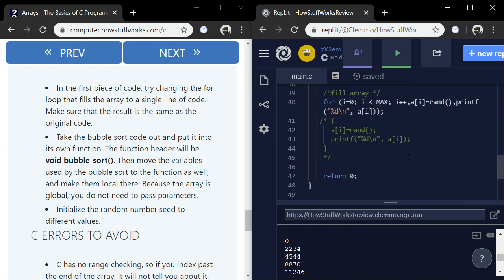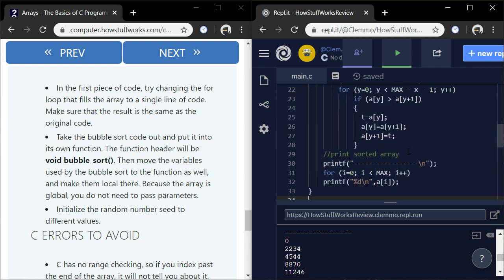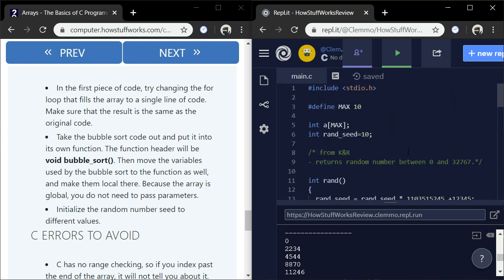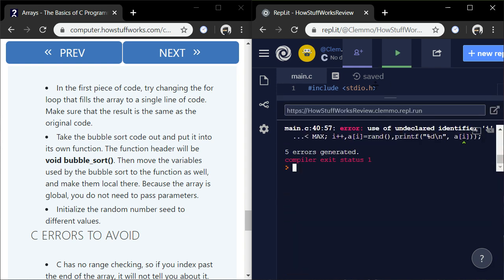I have low confidence in this working as well. But again, let's just try it. Let's see what happens. Oh, 5 errors.